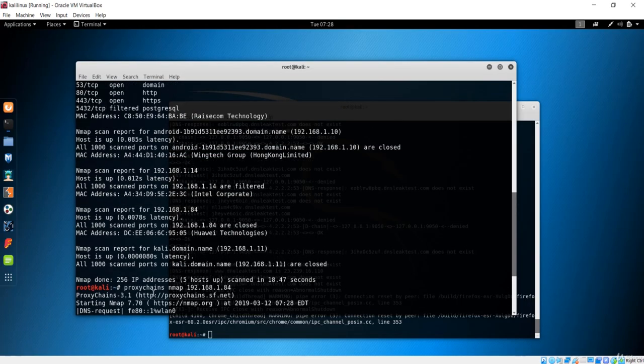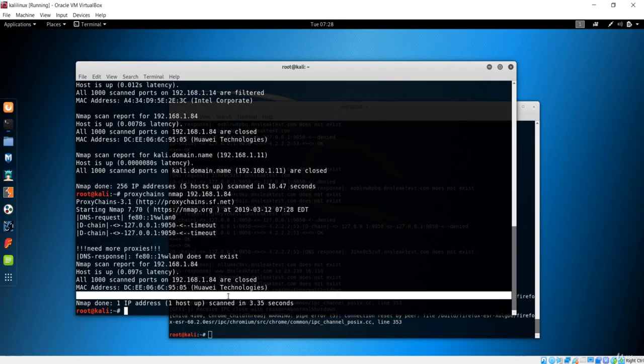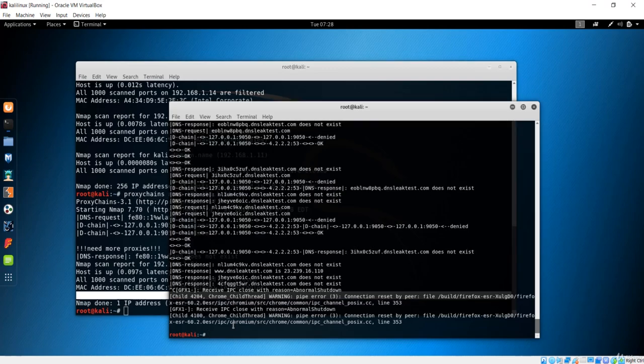So this is the information that we can gather from nmap, and we use proxy chains as a service that is bound with the Tor network to remain anonymous while hacking. So this is an important lecture. We saw how we can make use of the proxy chains. We made the configuration with the help of dynamic chains, and we made sure that there is no DNS leak now from our system, and the IP was changed accordingly.